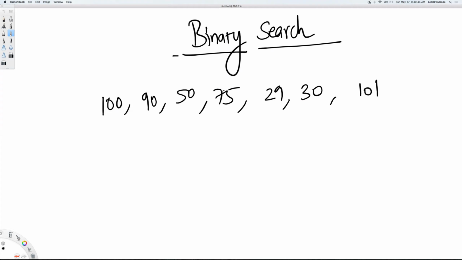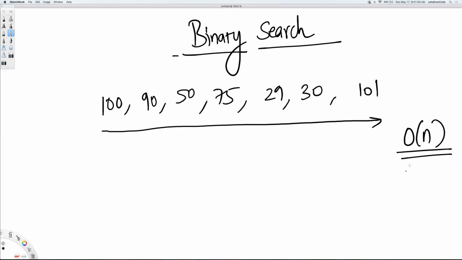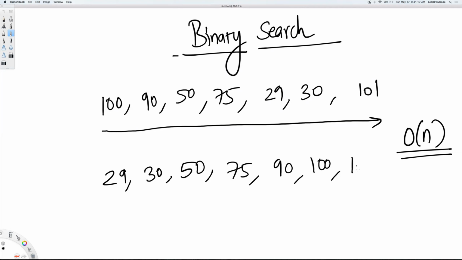If it's unsorted and we want to find something, then the problem is that we have to compare each element from left to right. Otherwise, we will not be able to find that element. That's linear search, which is O of n. However, if the array is sorted, suppose the previous array was 29, 30, 50, 75, 90, 100, and 101, and I ask you to find the number 90,